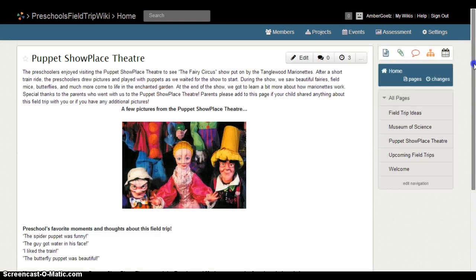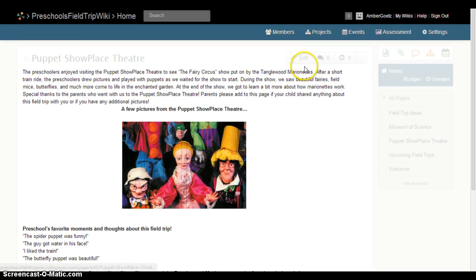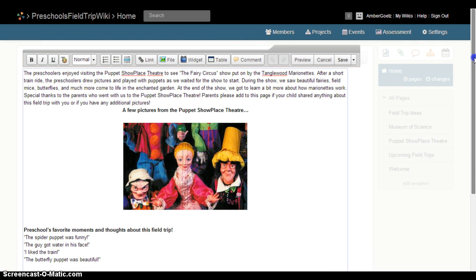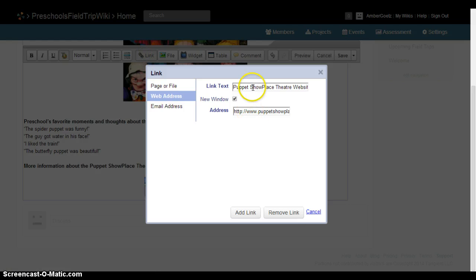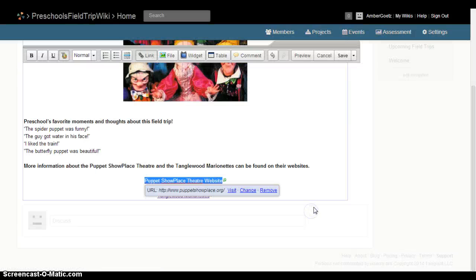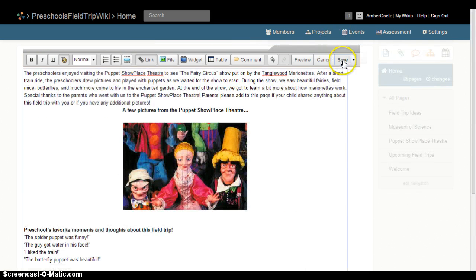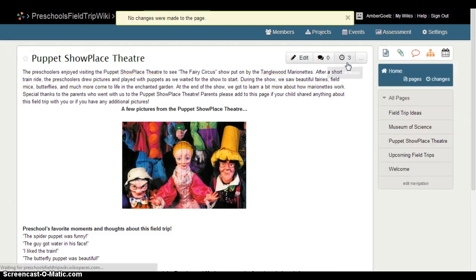You're going to come up here to edit. Highlight the text and hit link. Click that you want it opened in a new window, and then copy and paste the website that you want it to link to. Alright, I'm going to hit save, and now we're going to take a look at the next page